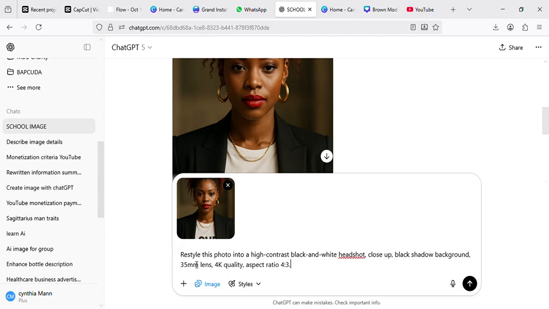You see it has already given the description to ChatGPT to describe this image that you have uploaded. Restyle this photo into a high contrast black and white headshot close up, black shadow background. It just gave everything. And then now look at something very important. The aspect ratio here is 4:3, but I don't want 4:3. Let's say I want it in a portrait format, in a way that I can post it on YouTube, on